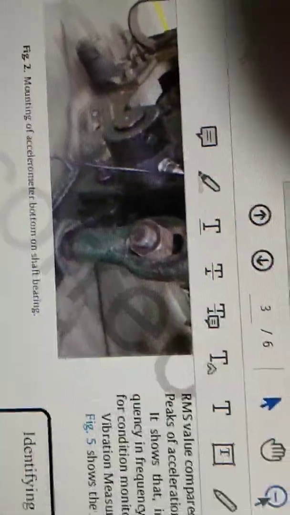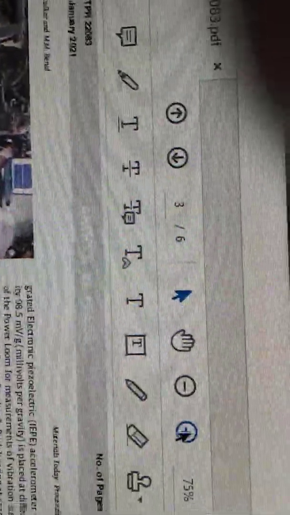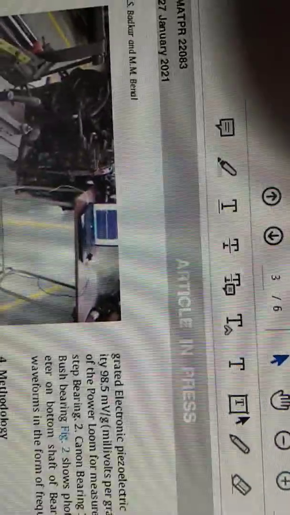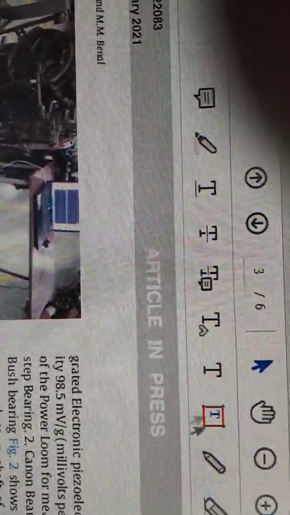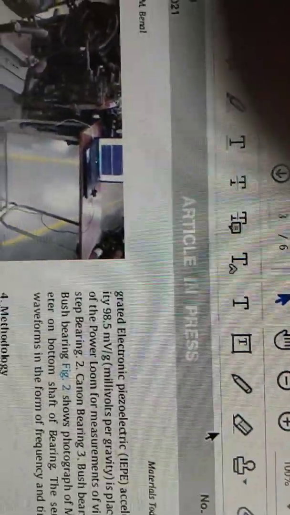I'll start here. Then you can find many comment options also. You can write a comment, the comment symbol will be there. You can add this also, zoom in, all these things will be there. You can do that also. You can use them accordingly. Text, all things will be there. You can use them and you can edit also, whatever the things.